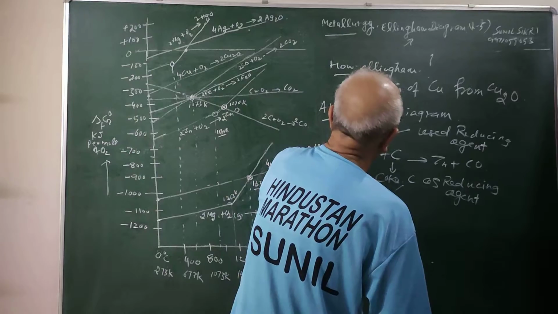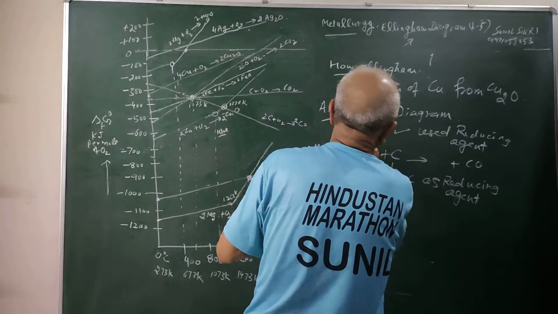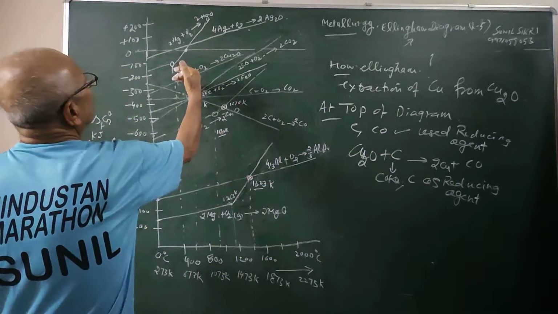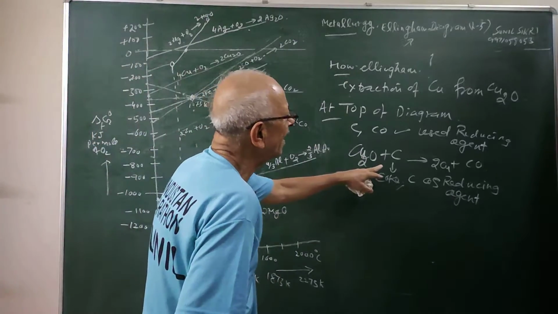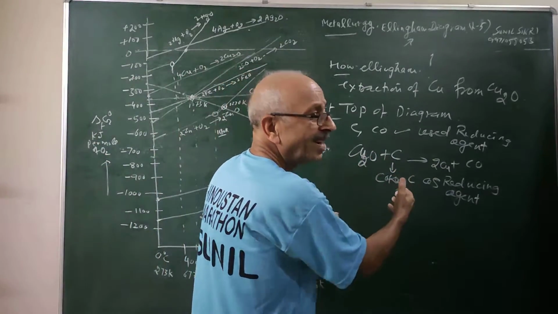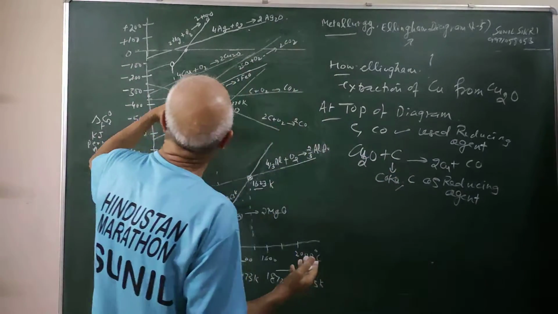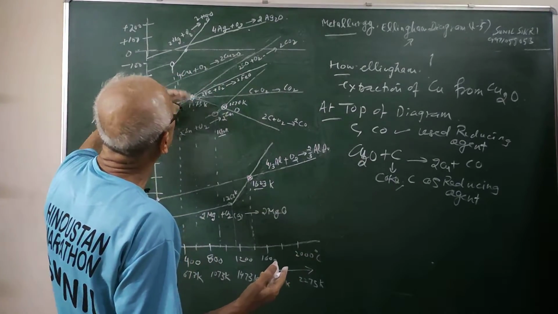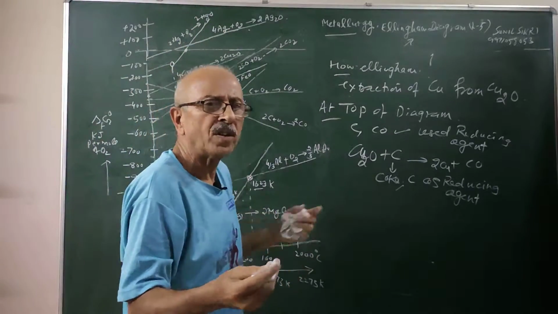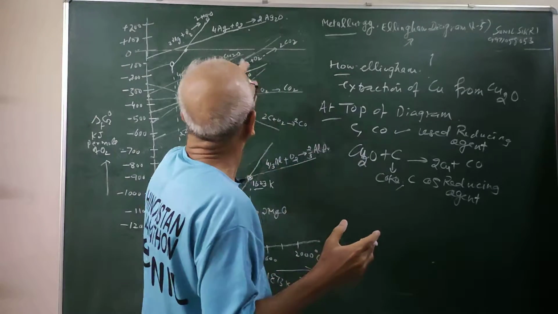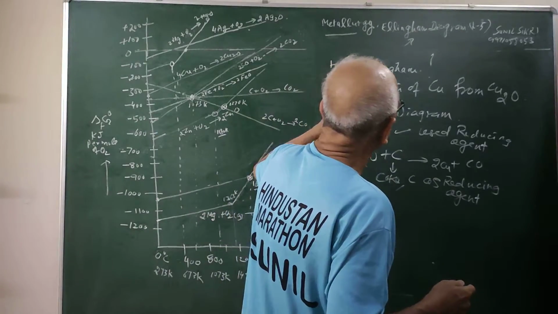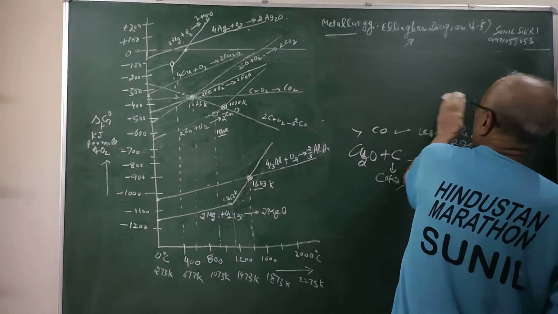This is copper, not zinc, copper. I am saying Cu2O. So what is happening? You are getting copper. So copper is lying above. Therefore, easily it can be reduced by coke or carbon, and it doesn't need very high temperatures, because the carbon monoxide and all these are lying below the copper. And you have already seen that those which are on the top, they will dissociate simply on heating, like mercuric oxide, HgO, Ag2O, gold oxides and platinum oxides, they dissociate easily. So here carbon is being used easily in the case of copper.